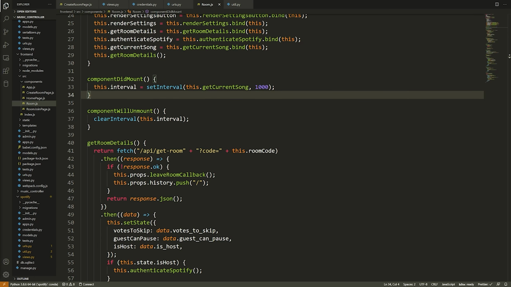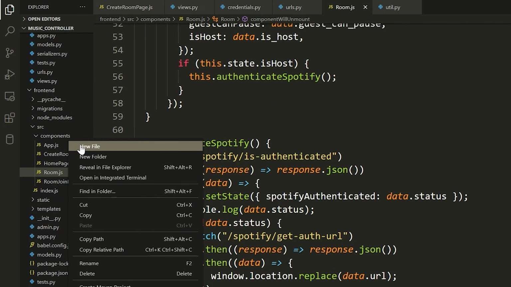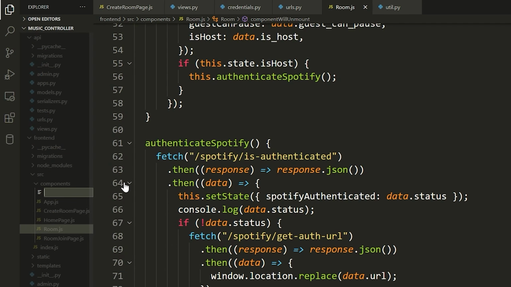So we'll have a nice little player that has, you know, a play button and a skip button, and it'll show the album cover and it will have the title of the song, as well as the artist of the song. And anyways, that's what we're going to do now. So to do that, let's make a new component. So let's go into components, new file. Let's call this